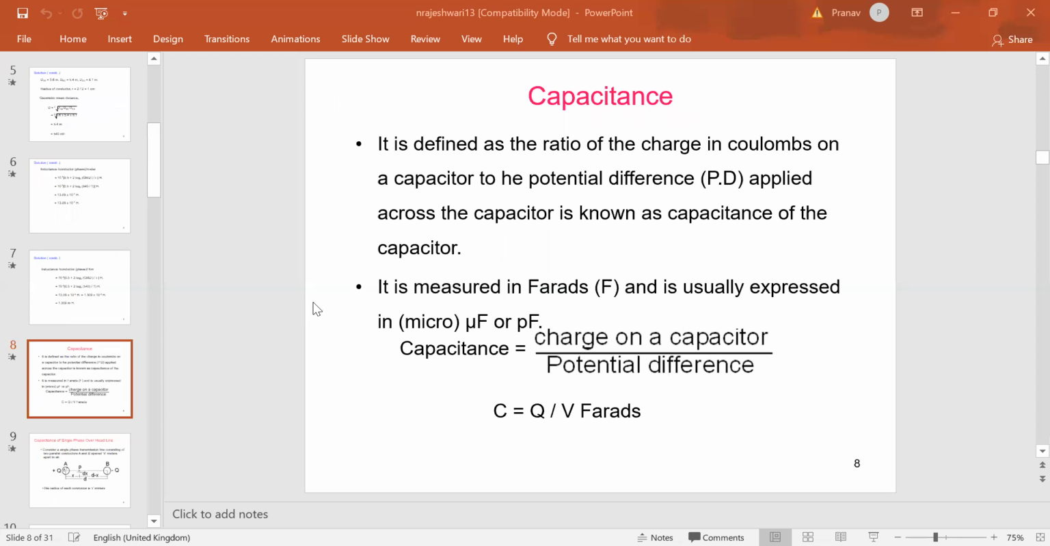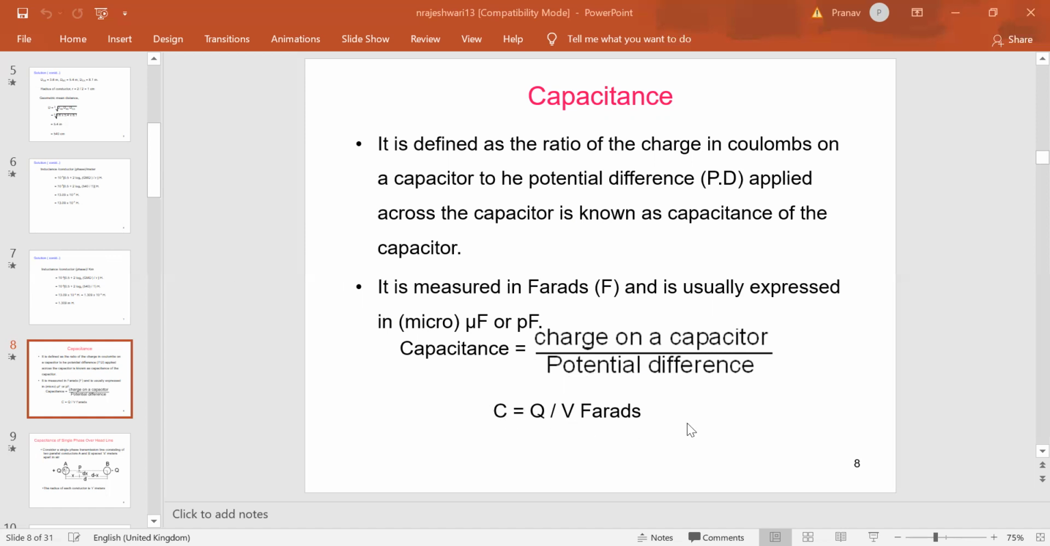Coming to the capacitance. It is defined as the ratio of the charge in coulombs on a capacitor to the potential difference applied across the capacitor. It is measured in farads and is usually expressed in microfarads or picofarads. The capacitance is equal to the charge on the capacitor divided by the potential difference, which is C equal to